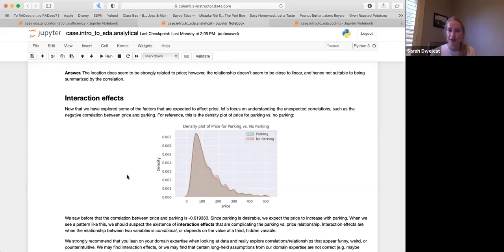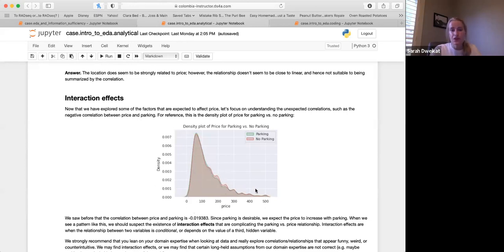So the first thing that we have here is for all of our data points, we've made a density plot. And we talked about how a density plot is kind of like a histogram. It's just a smoothed out histogram. So here what we see in our density plot is that most of our data clusters around this price, which we saw before. That made sense. Most of the prices in our data set were between, I think, $50 and $300. So this is just plotting out the price of the listings and then whether or not they have parking or not. The parking cloud is in green and no parking is in red.